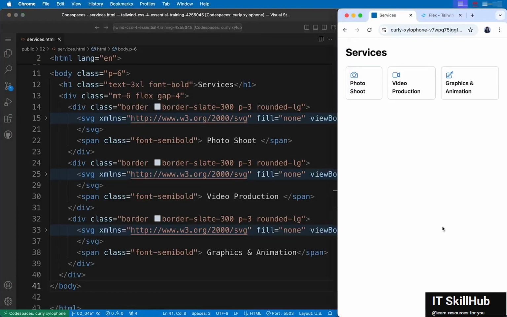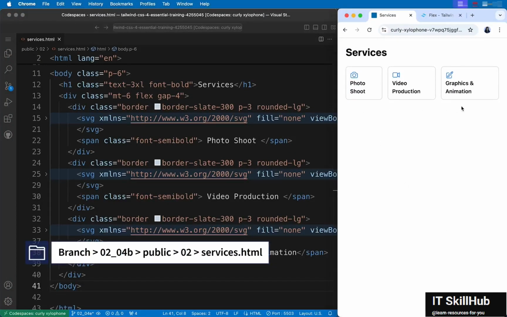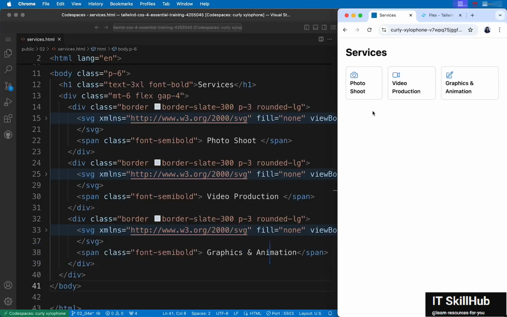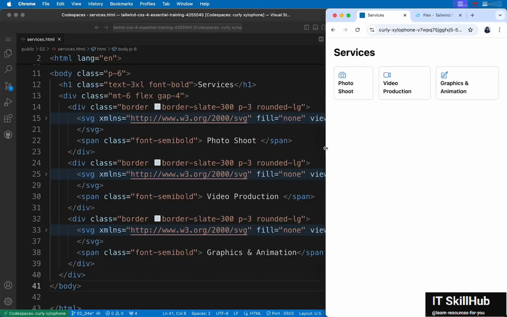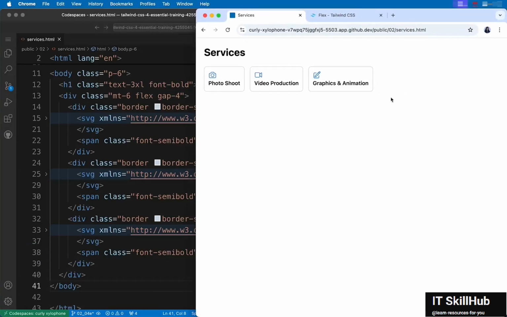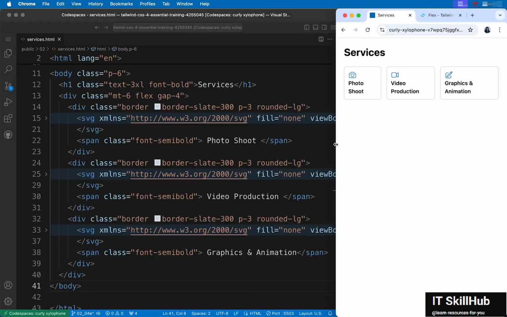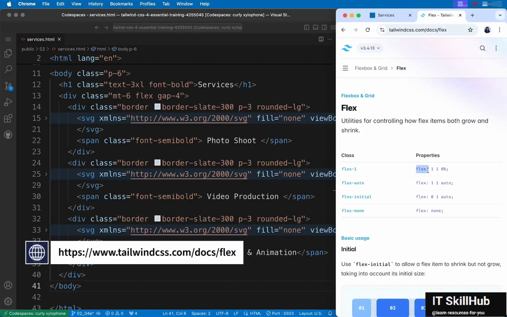Continuing with the same example, you must have noticed that these flex items do not occupy the same size. Their widths or sizes are based on the content within. Also, they shrink when there is less space available, but do not expand even when there is more space in the container, right?